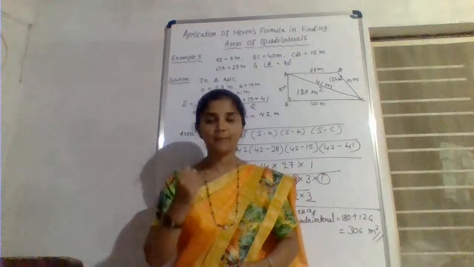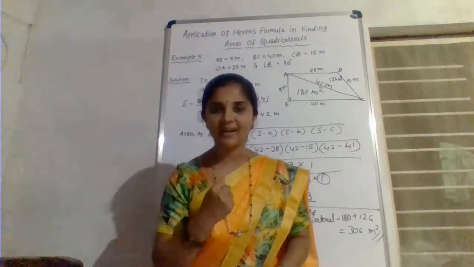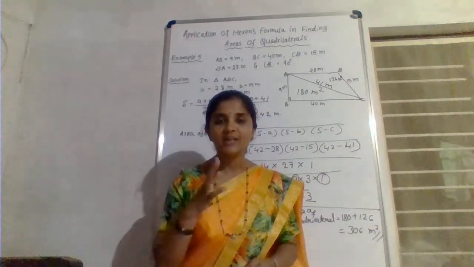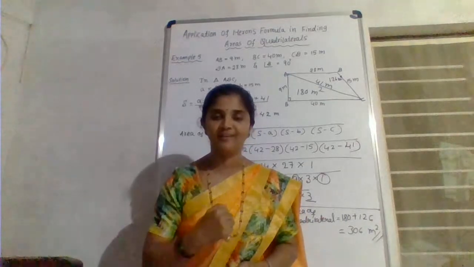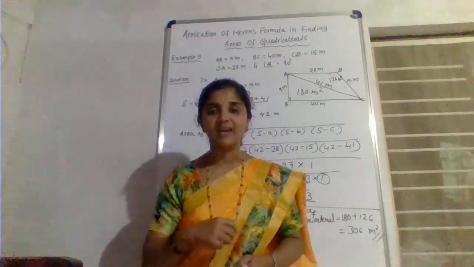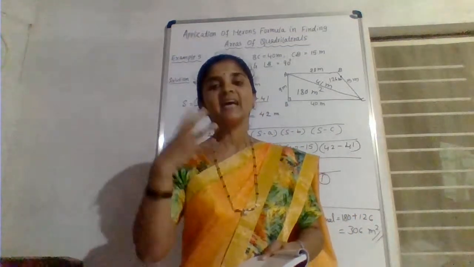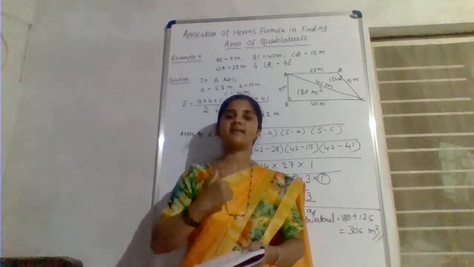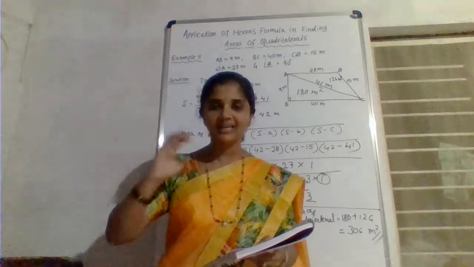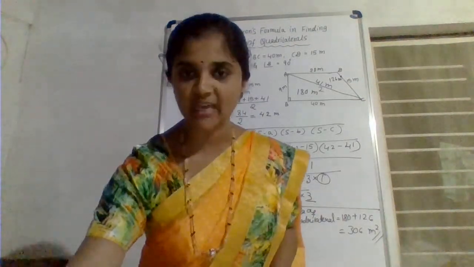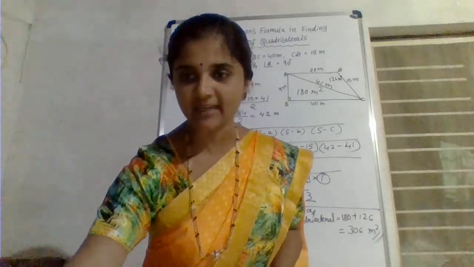You have studied the properties of the parallelogram, no? Rhombus is a type of parallelogram. In a rhombus, all the sides are equal. Okay, all sides are equal. If the perimeter is 400, then each side is 100, 100, 100, 100. Got the idea now? One of the diagonals is 160. So what type of diagram will you get? You can see the textbook for that.